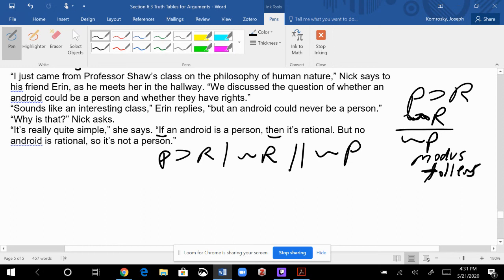I literally use this in most of my graduate level papers and my dissertation. I use modus tollens. I'll try to find something that's a contradiction inside somebody's argument, and I'll use this form, and then I'll spend most of my paper unpacking why the premise is true, and then I can refute my opponent's position or something like that. So we know that without even doing a truth table, this thing is valid just because it has the right form that you would know from chapter 1. But if you had to do it, it's a